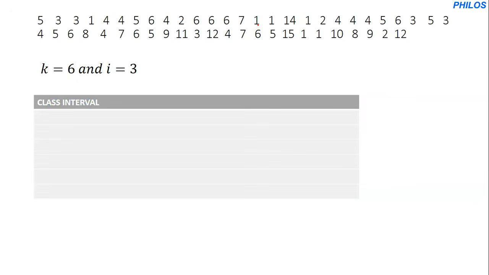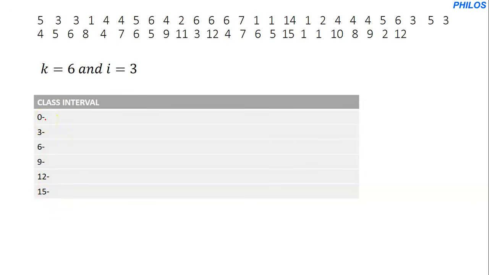Don't go to the negative part. So starting with 0, we add the interval to 0. When we add the interval to 0, what do we get? We get 3. We add the interval to 3, we get 6. We add the interval to 6, we get 9. We add the interval to 9, we get 12. Then we add the interval to 12, we get 15, isn't it? Then we bring the hyphens, meaning "to". Now,